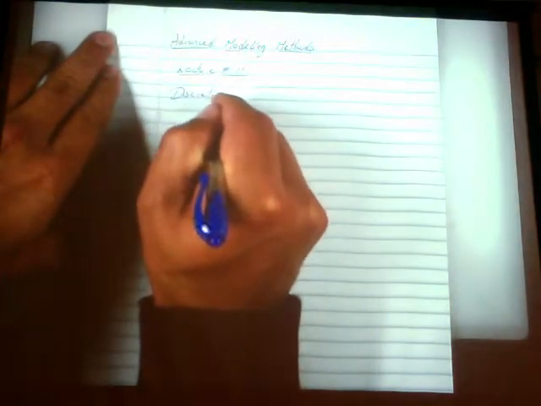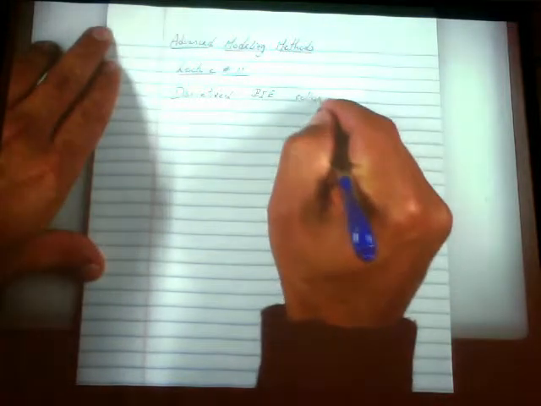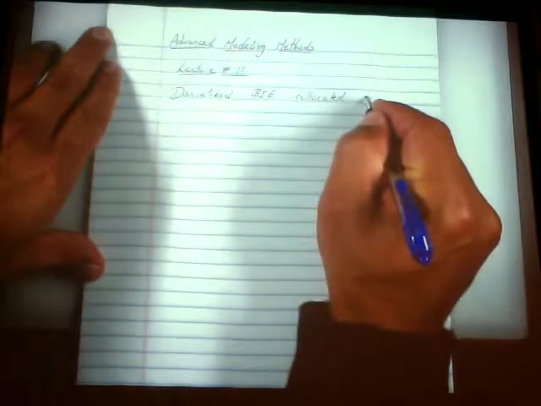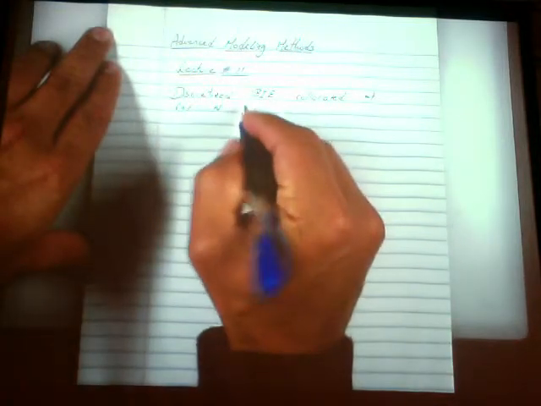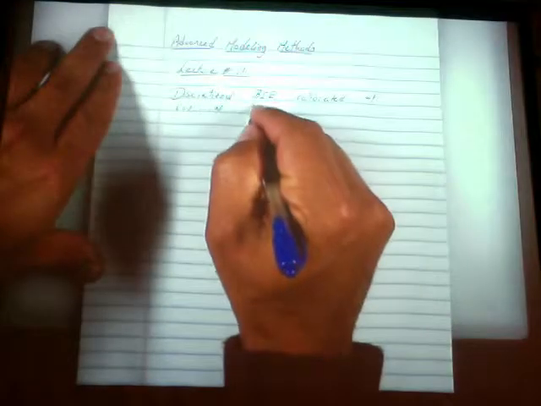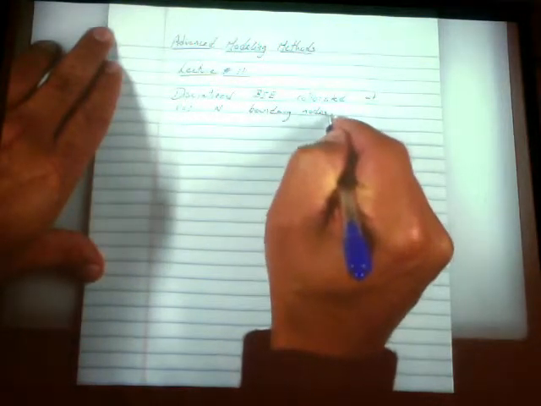And then we ended up with the so-called discretized BIE, boundary integral equation, collocated at i equal 1 through n boundary nodes. So we collocate the BIE at the n boundary nodes, which are the center of each of the n